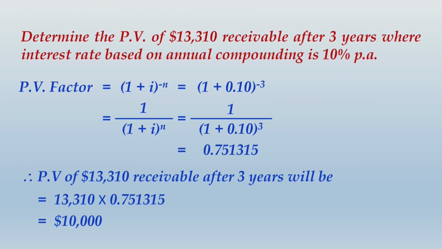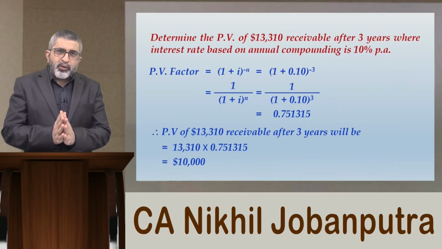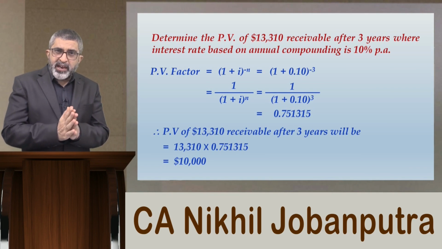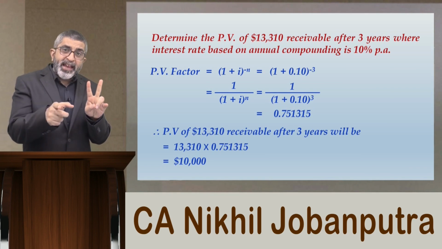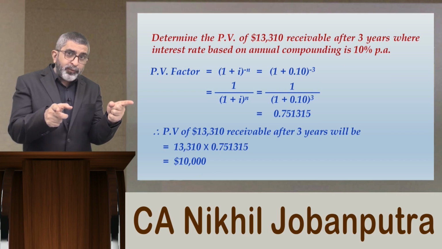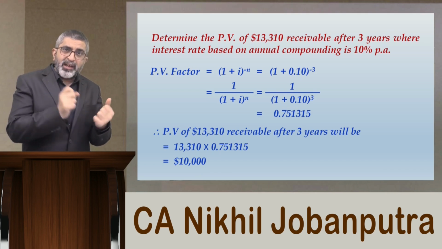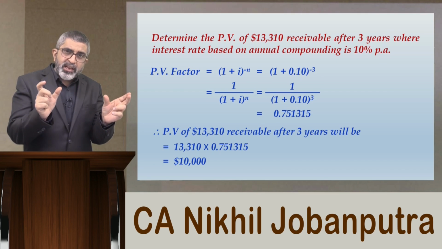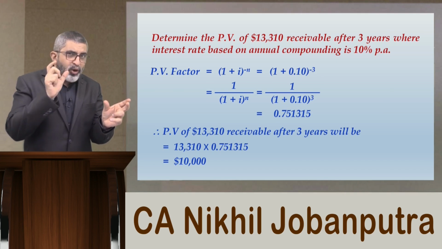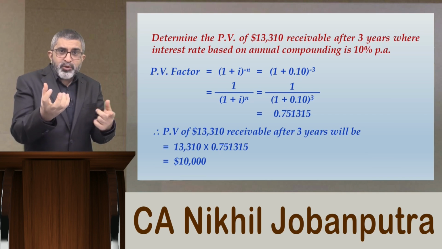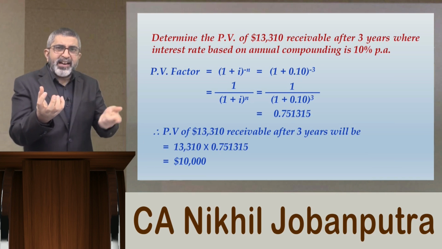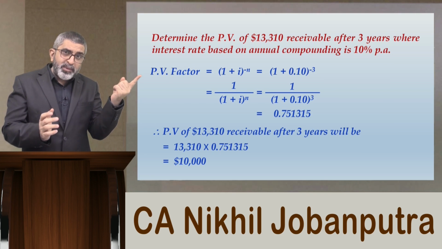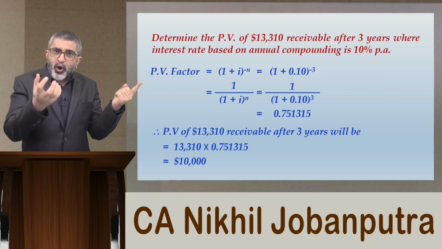Alright friends, once you have completed writing this whole thing, let me explain one very important aspect over here. We have now observed through this example that there are two values, one which we are identifying as present value and one which we are identifying as future value. Present value in this example is $10,000 and future value in this example is $13,310. You will always find that on the present value interest is getting added, and then you get to arrive at the future value. So future value will always be a greater value and present value will always be a smaller value,